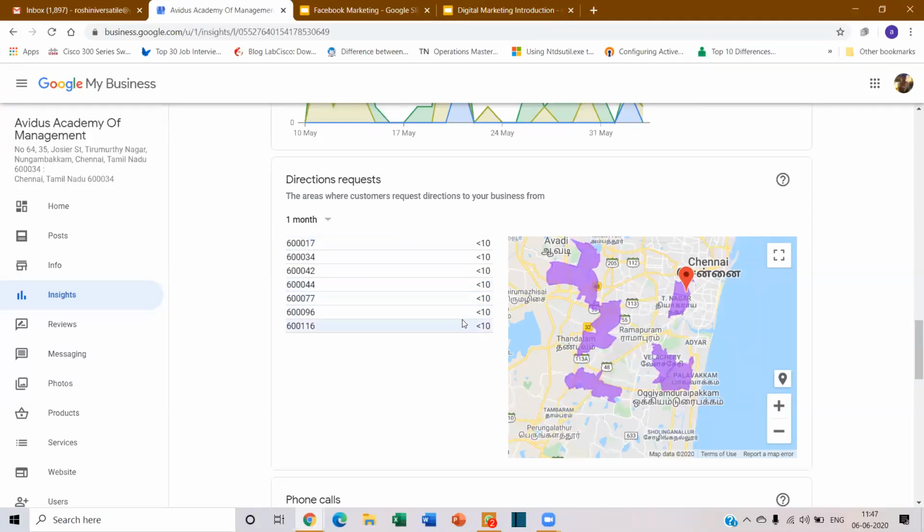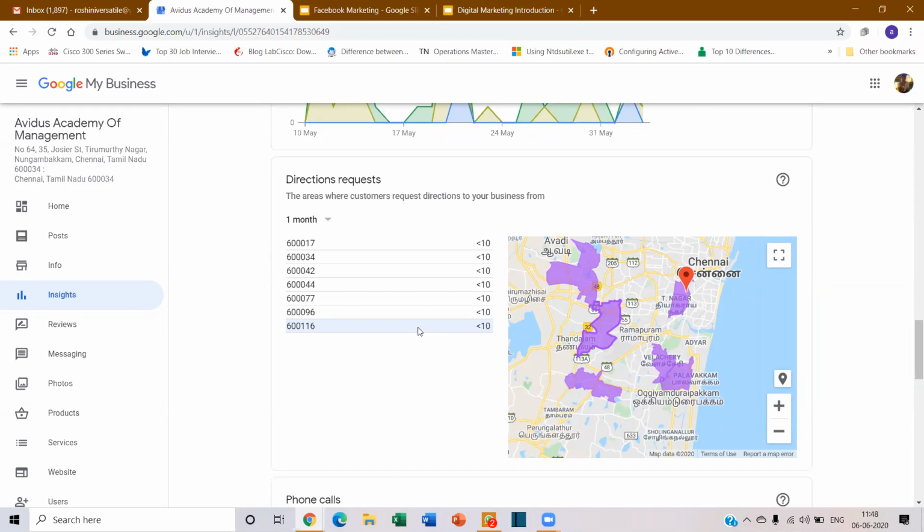Yesterday we were using Facebook advertising, and you asked me, sir, in Chennai, can I restrict it to the location? Now these are the locations that you can use. In Chennai, for example, Egmore, T Nagar, or nearby areas. So you can promote more ads in these areas, and the reach will be even better, because many people have requested directions.